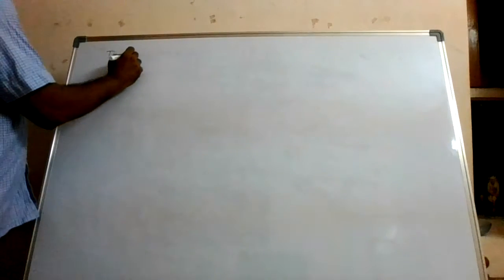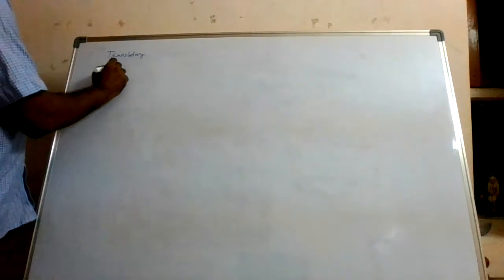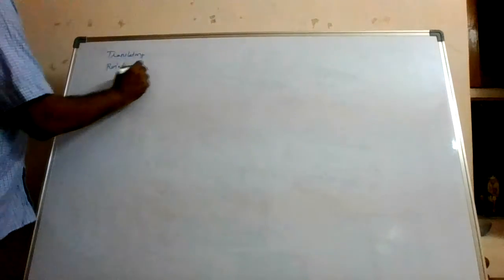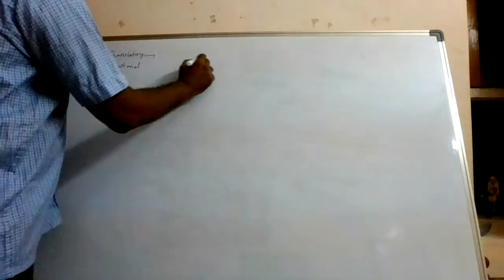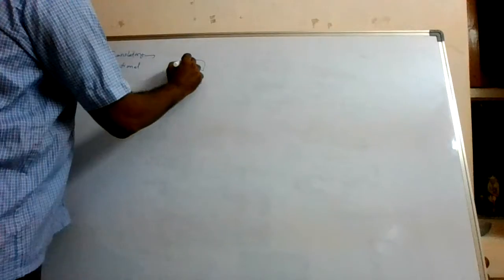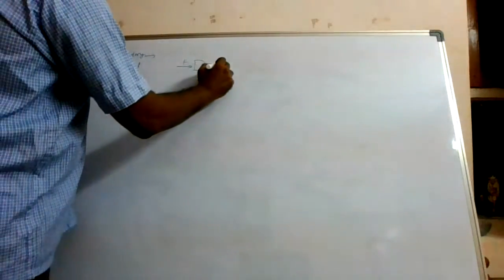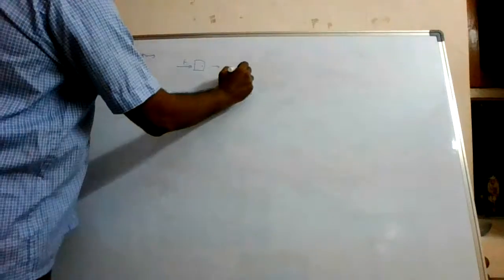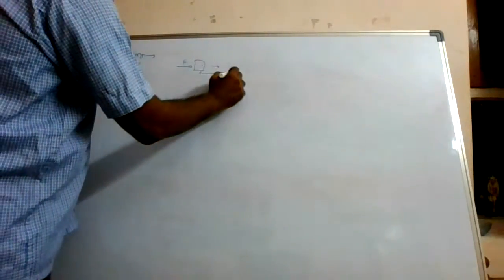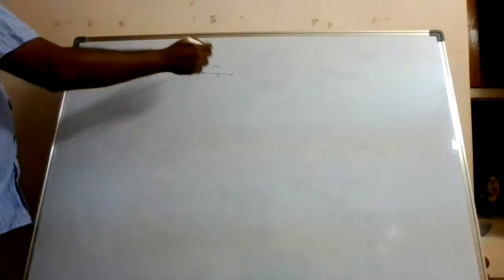See, I have told you many times that whatever you observe in the formulas in translatory motion and rotational motion, similar types of formulas you will observe in rotational motion. For example, there is an object, you apply force to it, it moves in this direction and occupies this kind of position. So there is some displacement, right? So there must be some work done.